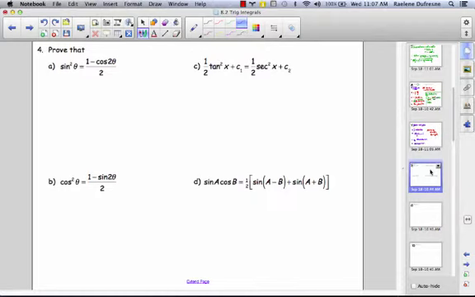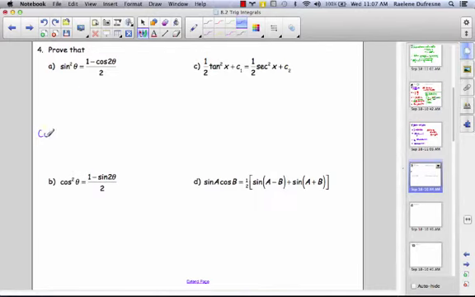In number 4, we're asked to do some trigonometric proving, just to remind ourselves of the identities. Prove that sine squared theta is equal to 1 minus cos 2 theta over 2. We've actually already done this one, so I'll leave you to reproduce the details here and be very comfortable with that. Similarly, in proving cosine squared theta is equal to 1 plus cos 2 theta over 2, we require the